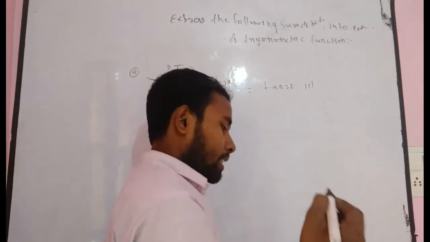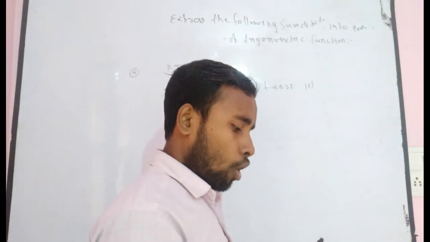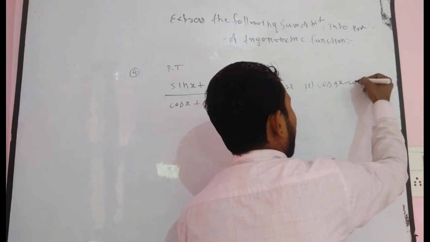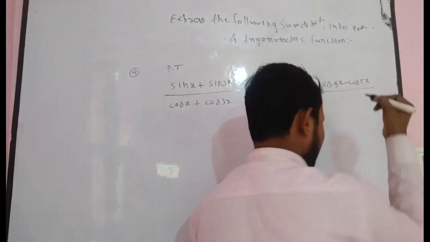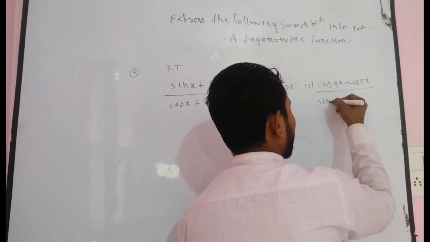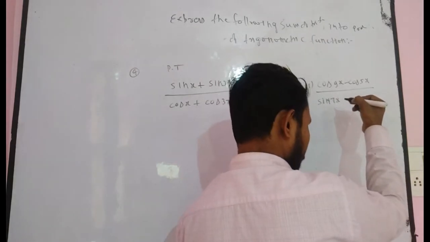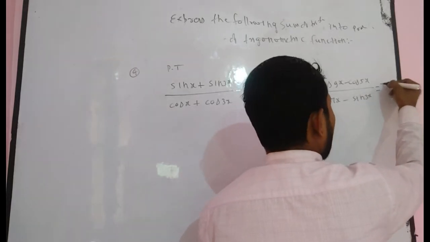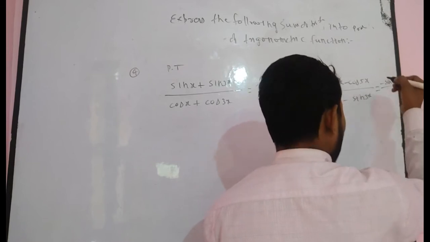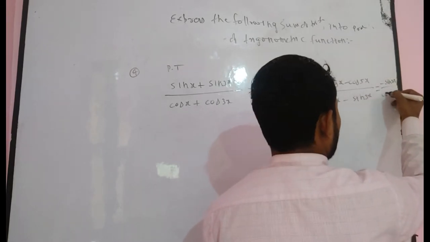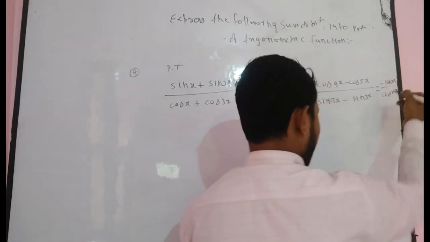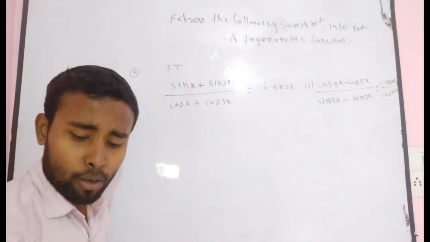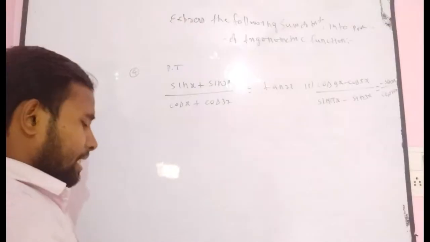Another will be cos 9x minus cos 5x divided by sin 17x minus sin 3x is equal to minus sin 2x divided by cos 10x. How can you solve this problem? First of all, you have to write